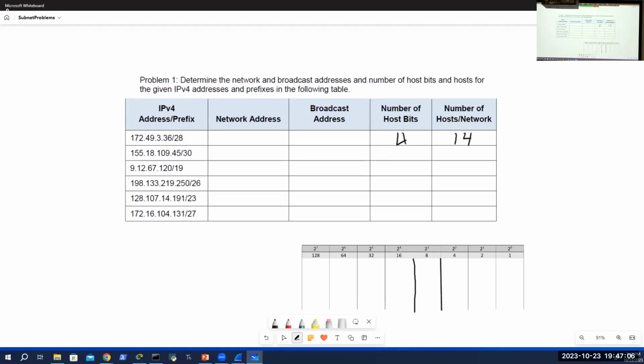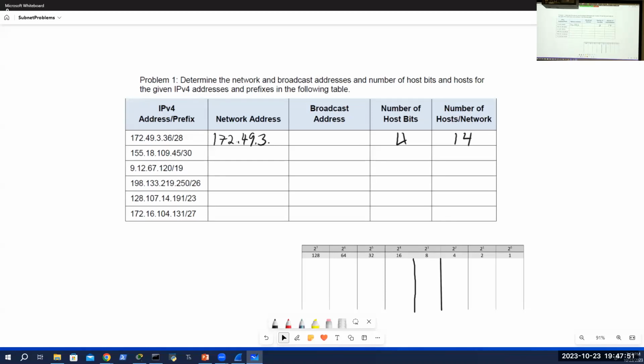So what's the network address? We know that 172.49.3 is going to be part of that. How do we know that? Because /28 is bigger than 24, and 24 is all the way through the first 3 octets. So the first 3 octets of the network address have to be the first 3 octets of our address. Now all we have to do is figure out how many bits we are into the 4th octet,